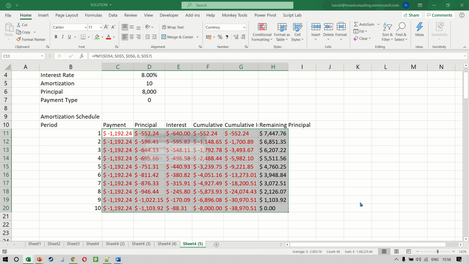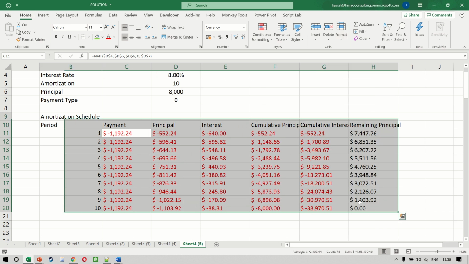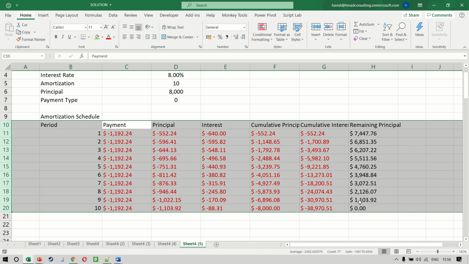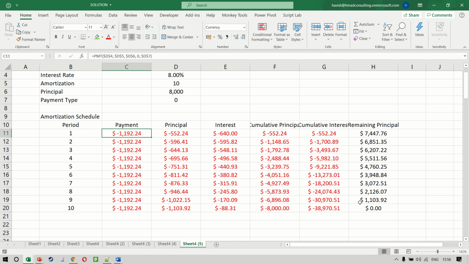Excellent. Let me increase the width a little bit and align everything in the center. So as you can see, our payment is constant at 1192. The principal amount keeps on increasing. The interest amount keeps on decreasing, which means that it's front loaded. Then we have the cumulative principal, which obviously ends at 8,000, which is our total principal amount. The cumulative interest ends at